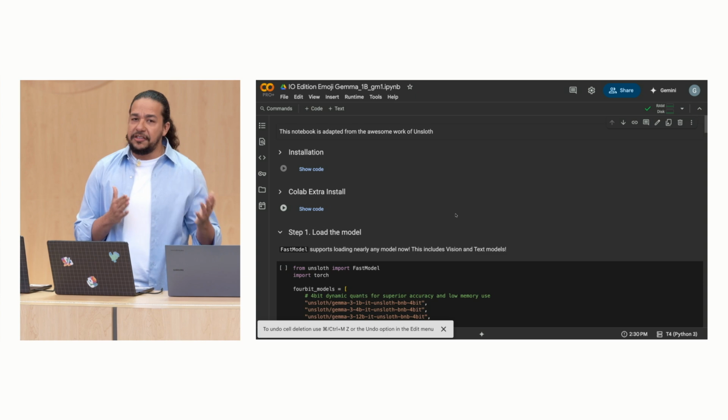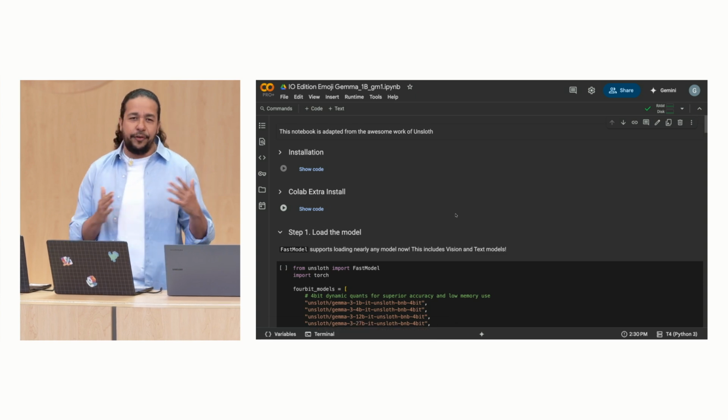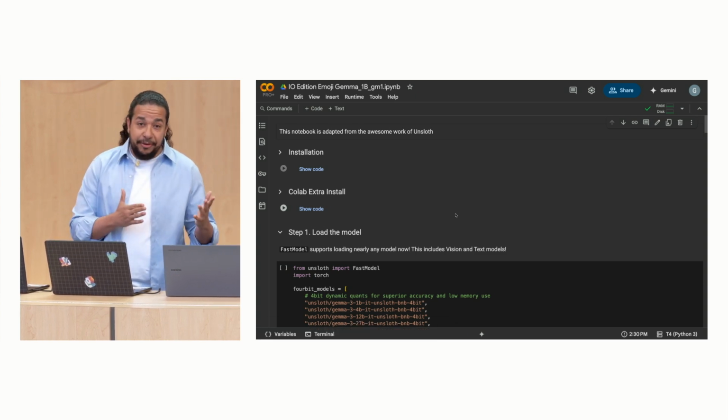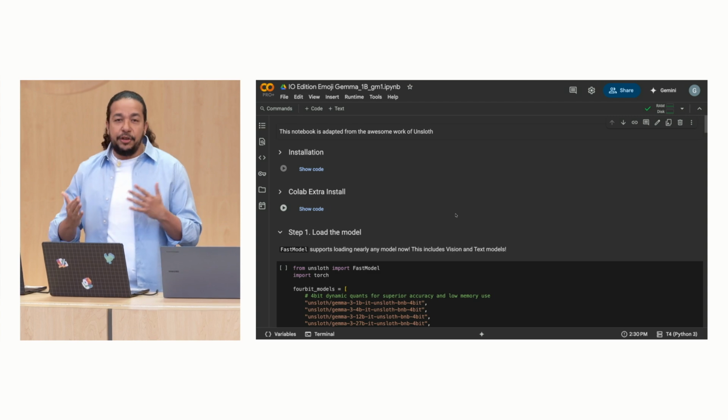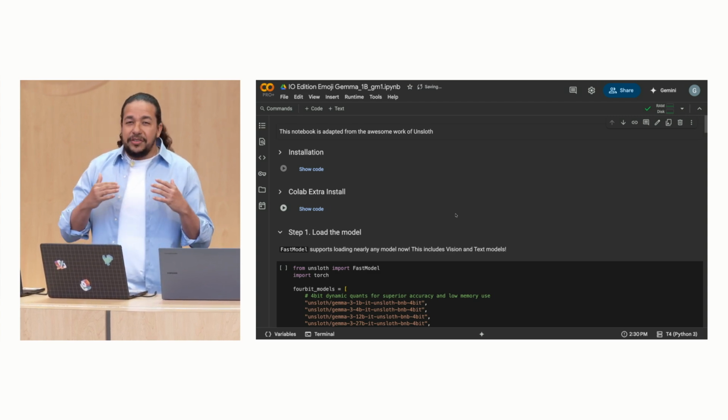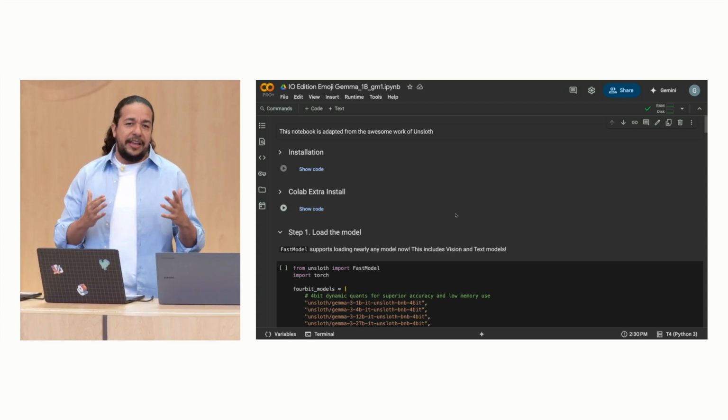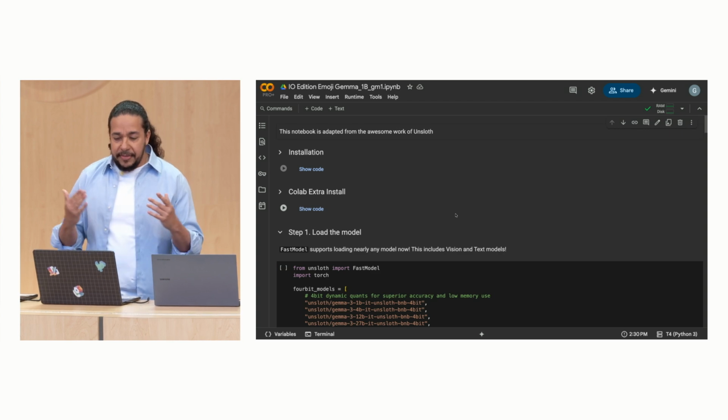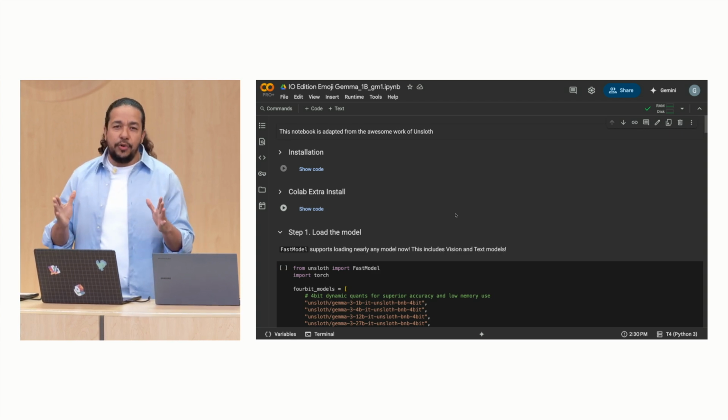Nice. And what we're going to do is we'll use Unsloth, which is a fantastic library for fine-tuning LLMs, like Gemma, for example. And it's much faster and uses less memory. And it runs great on NVIDIA GPUs that are on Google Colab's free tier. For this demo, I want to show you how easy it is to